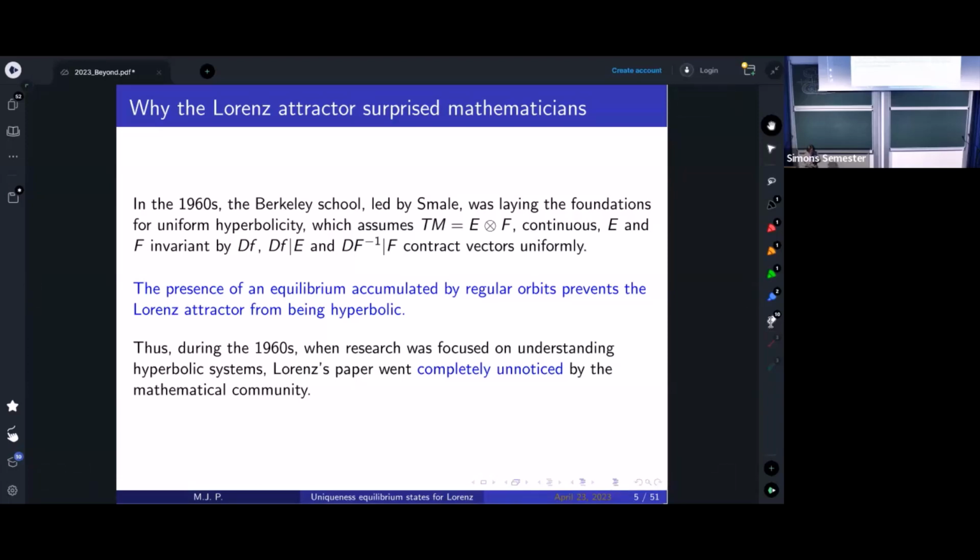is written as a direct sum of subbundles invariant by the derivative of the flow, such that the restriction of the flow to E, and the inverse of the flow restricted to F, contract vectors uniformly. And the presence of an equilibrium accumulated by regular orbits prevents the Lorenz attractor from being hyperbolic. Thus, during the 60s, when research was focused on understanding hyperbolic systems, Lorenz's papers went completely unnoticed by the mathematical community. And